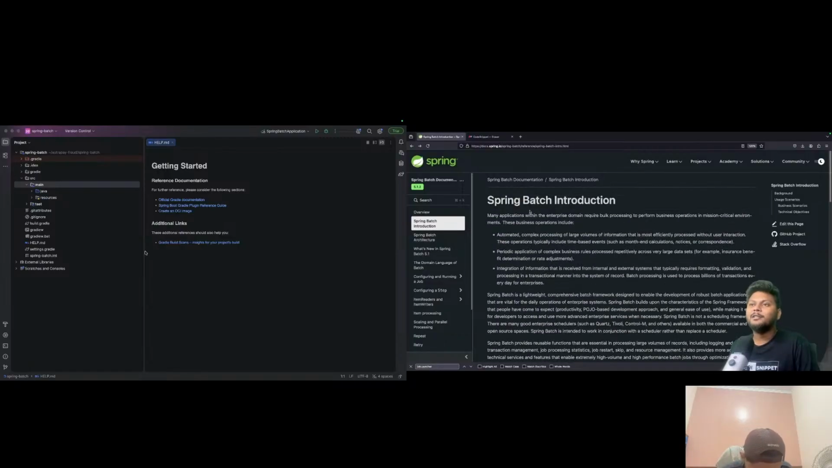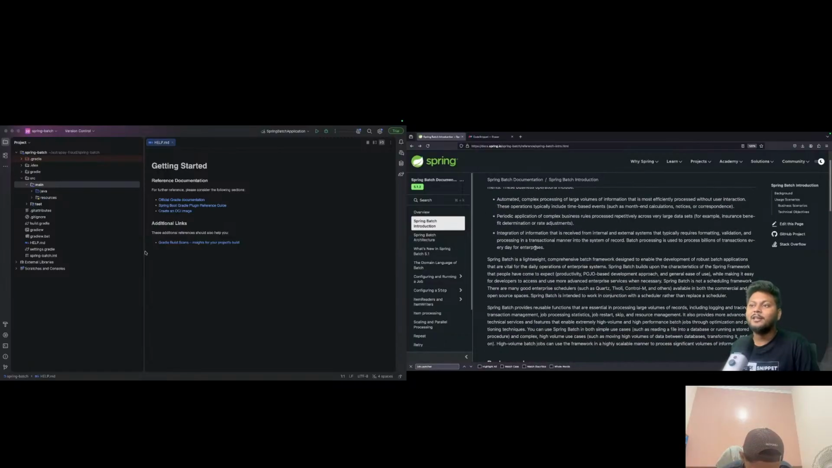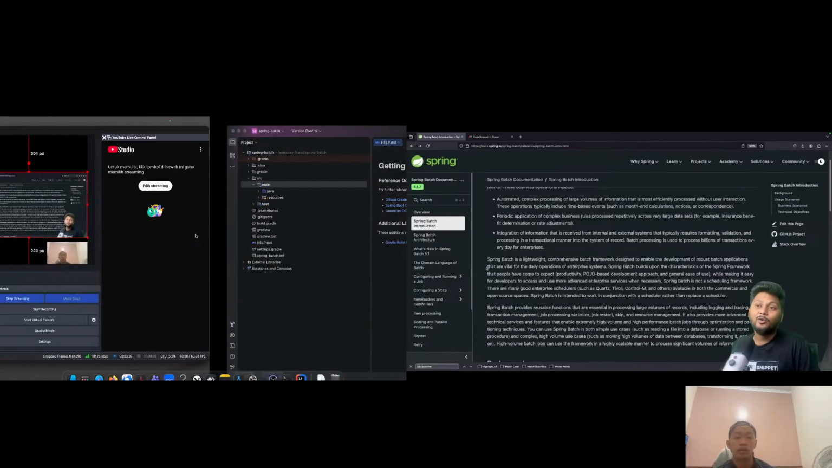So what exactly is Spring Batch? Spring Batch is nothing but a framework. It's a lightweight, comprehensive framework which is specifically designed to enable the development of batch applications. Batch applications means you have a lot of data and you want to save it in batch or process it inside a batch, right? Also that are vital for